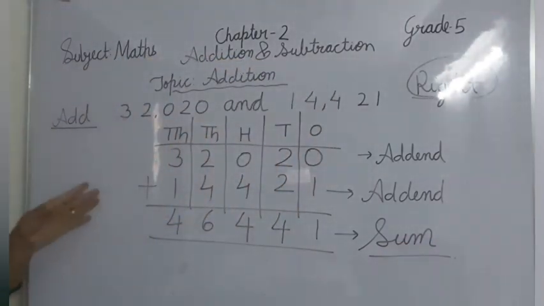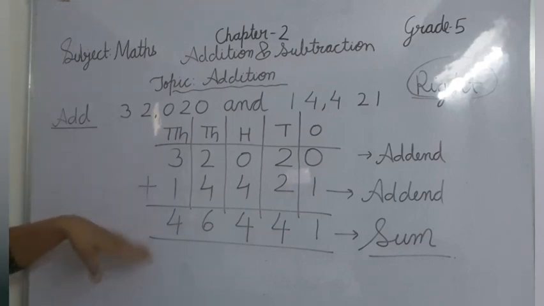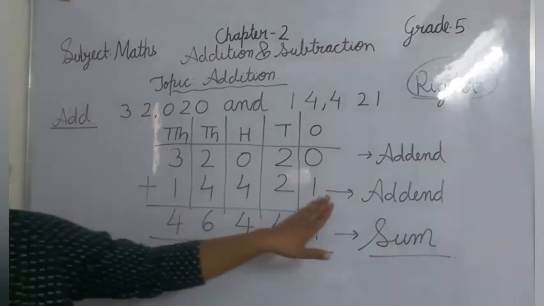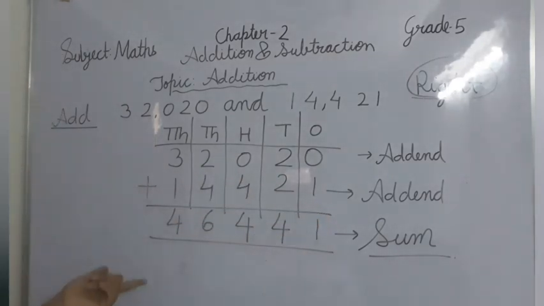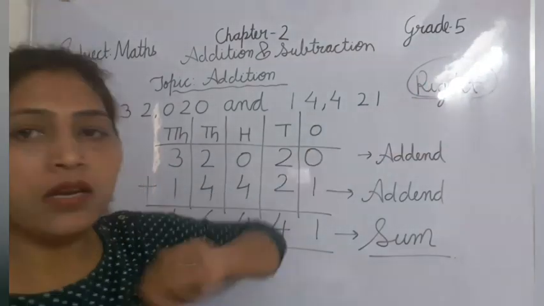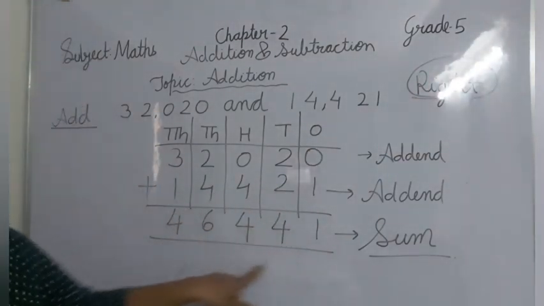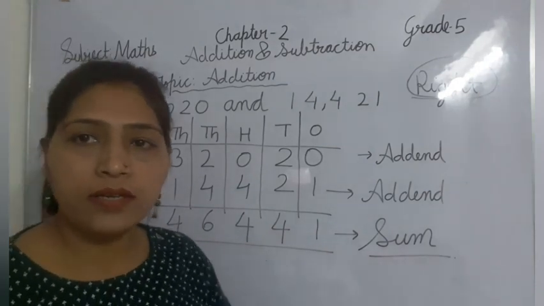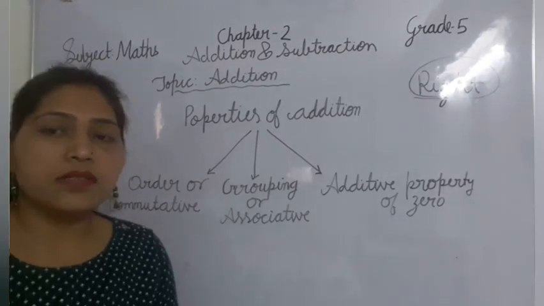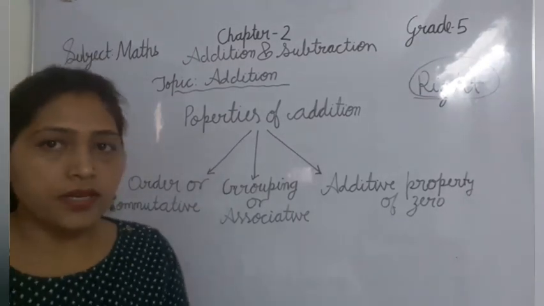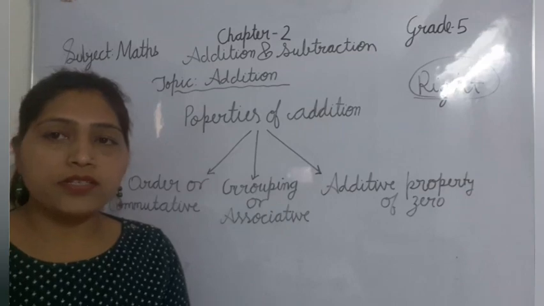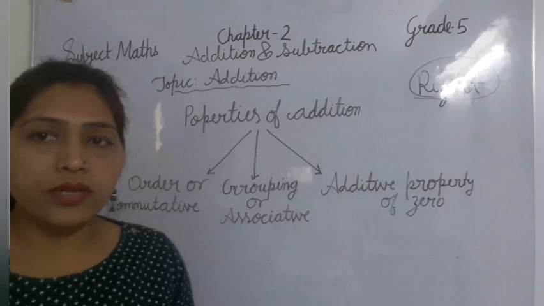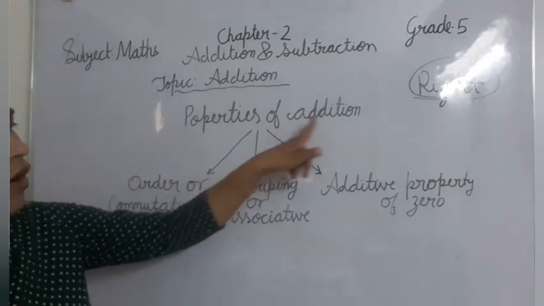So a few things I told you that we have to remember here: we have to write the addends place-wise. We cannot change their places. And the second thing, always start addition from the right place. And this total is also called sum. Total and sum are both the same thing. Let's discuss the properties of addition. We have learned a few rules about addition: where to start addition, what the addends are, what the sum and the total are. Now let's come to the properties of addition.